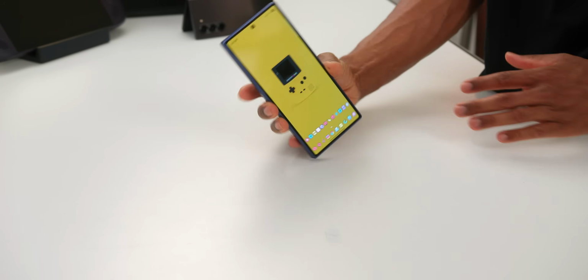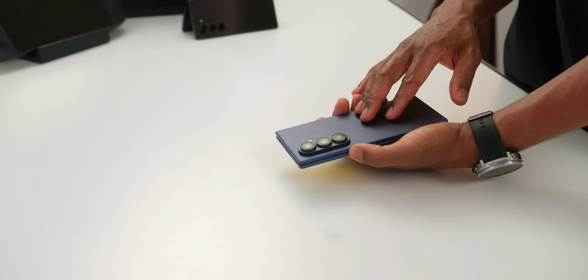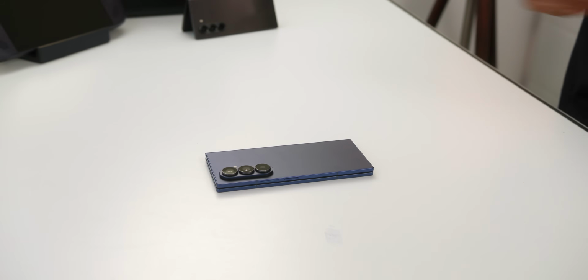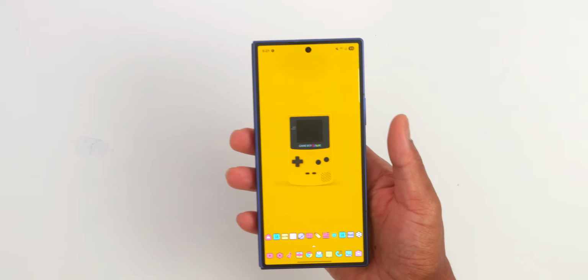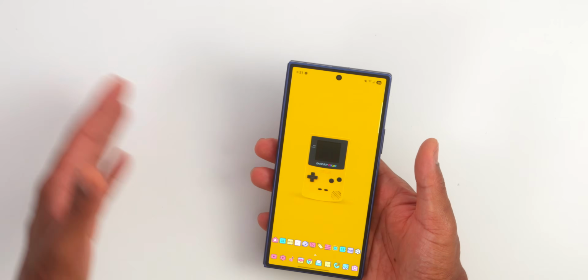Now, I have something coming in very soon. Matter of fact, I need to check my shipment on that. I got some cases coming in. I'm gonna show you guys some things that you can do for the Z Fold 7, some of the top accessories that I have coming in for this device. But the anti-reflective screen that's on the S25 Ultra would have made the Z Fold 7 just be so top